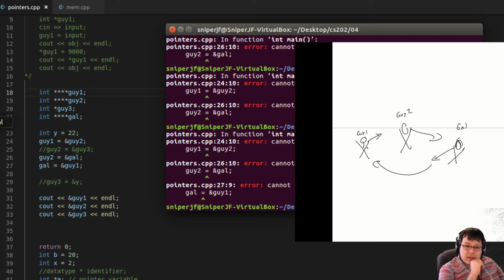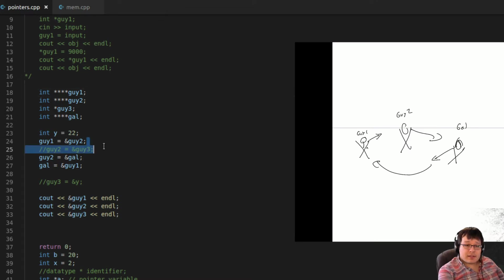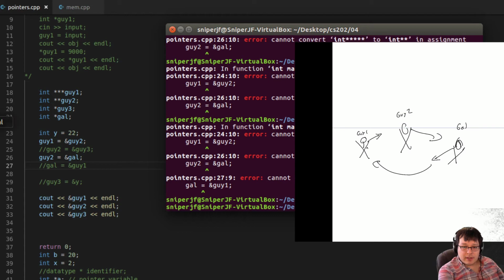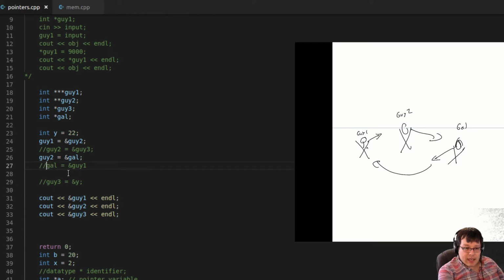Because it can't resolve that this is a pointer. They're basically asking for more and more pointers. So here, let's go back before we go any further here and screw this up. It will work fine if we made gal not point anywhere. So that will be okay there. But when we make gal point to the address of that, how about we do